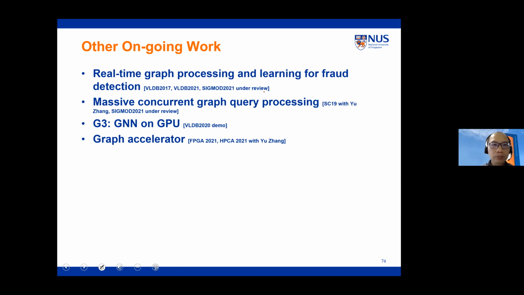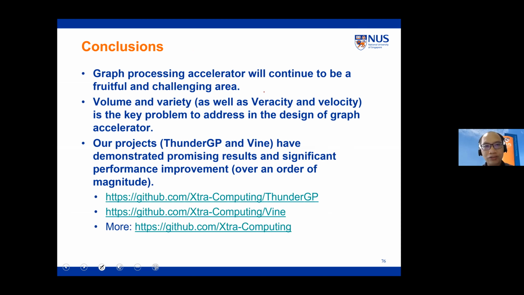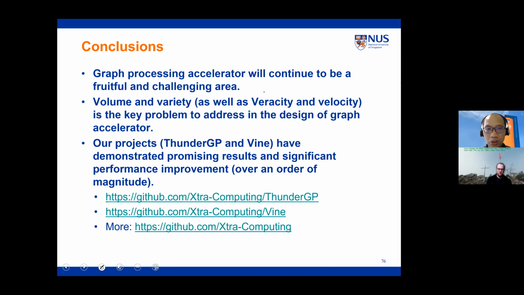Okay, so there are some other interesting work we are ongoing, and we do want to share with you again, maybe physically in 2021, or even maybe in the future. So I want to conclude this presentation here. As I mentioned, graph processing on heterogeneous architecture is very interesting and has a lot of problems to work on, no matter volume, variety, and we actually try to explore velocity and veracity in the coming 1 or 2 years.